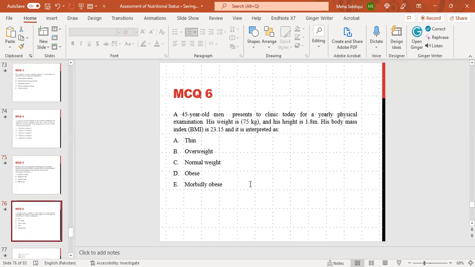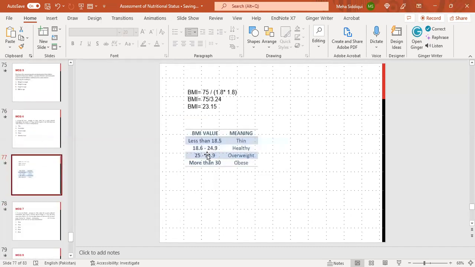MCQ number 6. A 45-year-old man presents to clinic today for a yearly physical examination. His weight is 75 kg and his height is 1.8. His BMI is 23.15, and it is interpreted as thin, overweight, normal weight, obese, or morbidly obese. Overweight? No, he is normal weight, as we can see. He is falling in the category 18.6 to 24.9 because his BMI is 23.15, so he is a healthy